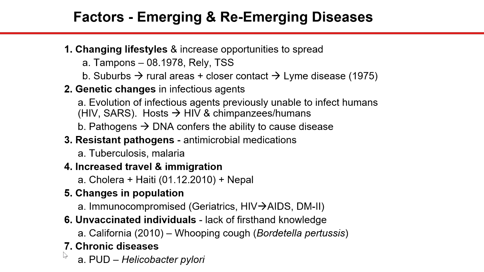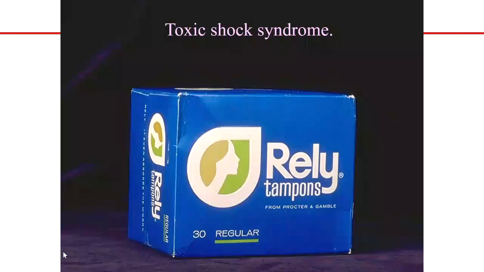So we used a couple of examples here Tuesday. First was tampons, okay? Now most of you are familiar with TSS, right? Toxic shock syndrome, right? And of course, this had to do with a very specific tampon, Rely. It was introduced in August of '78, and by January of 1980, there were about 1,200 dead young females, okay, nationwide. Has toxic shock been around? It's been around forever. But what was new was this polymer they used for this tampon. Because with this tampon, what you did is you inserted it and you left it for about 5 to 7 days. Okay? Craziness, right? But not at the time, all right? That was the hottest thing.